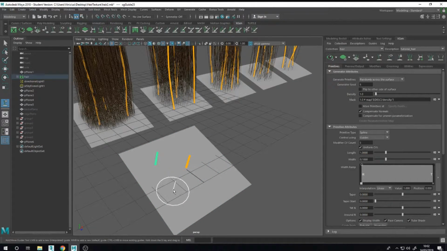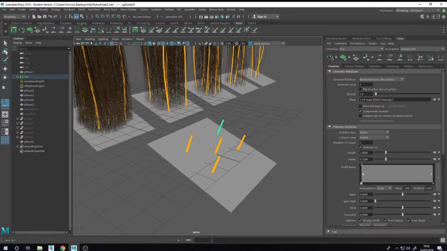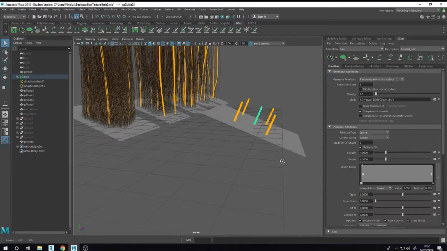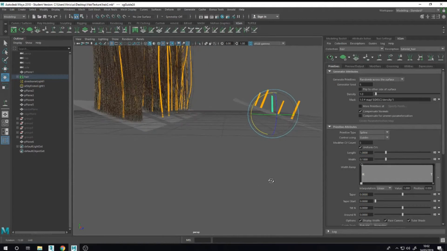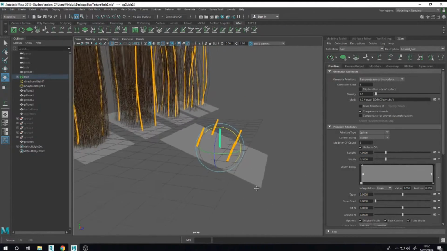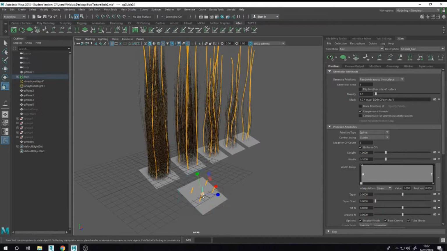Here, here, here. I think it's good. And adjust to face up and scale it.